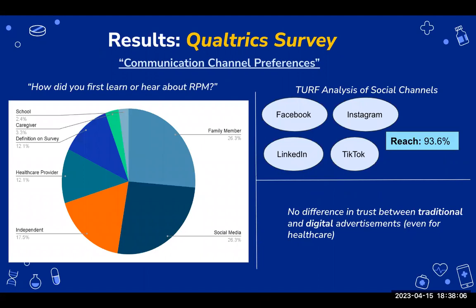Initial results from this section found that a significant portion of participants first learned or heard about RPM through a family member or social media, suggesting that these sources play a potentially important role in the dissemination of information about RPM. It was additionally found that combining the 4 platforms of Facebook, Instagram, TikTok, and LinkedIn through a turf analysis generated a reach of 93.6% across participants, suggesting that Care Connection could benefit from leveraging these channels for educational and